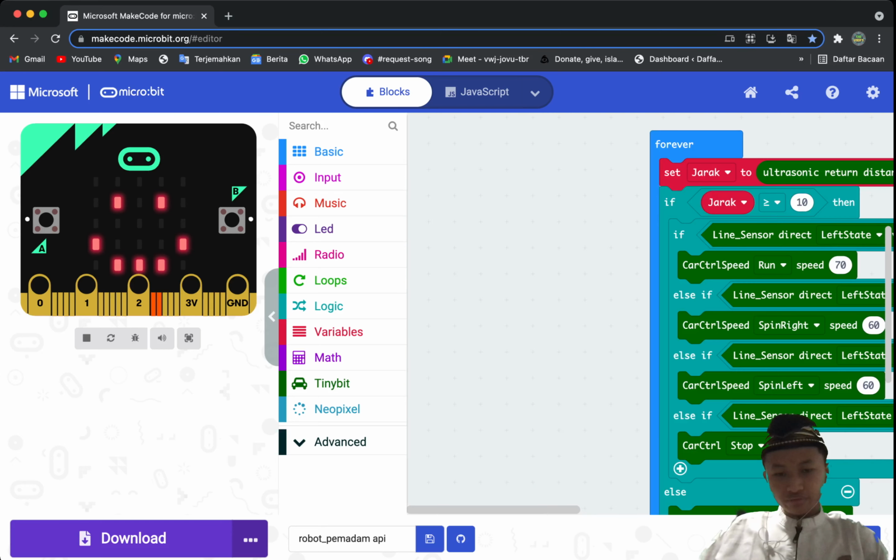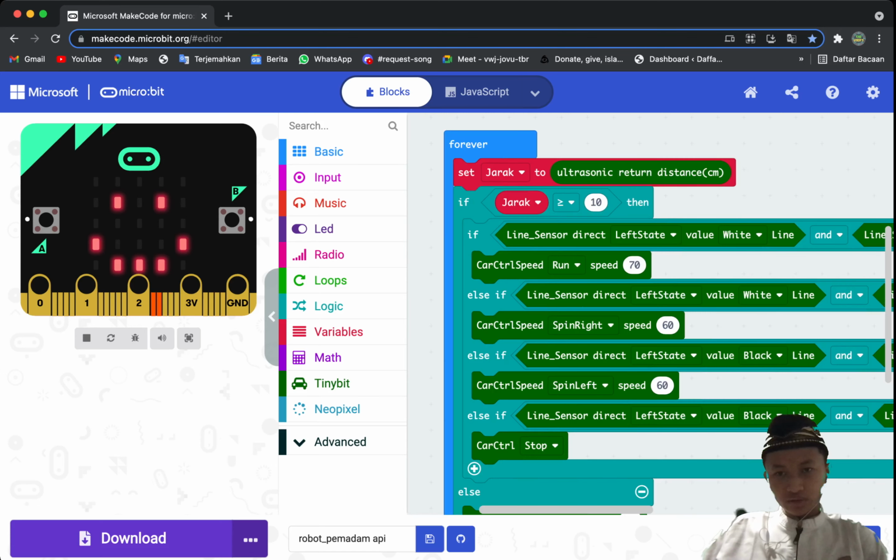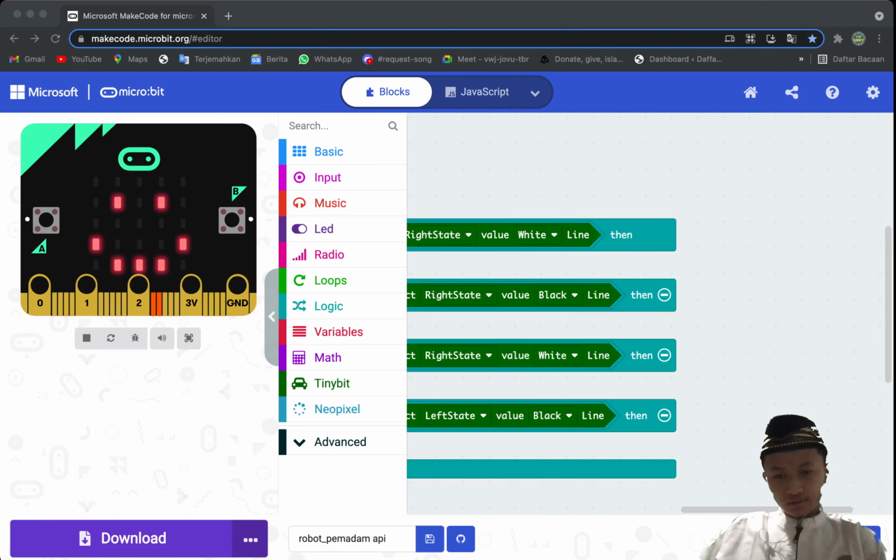If. Okay, we need to get the if. Okay, for true, not out for from these, please put it on true. So if line sensor direct left state value white line and